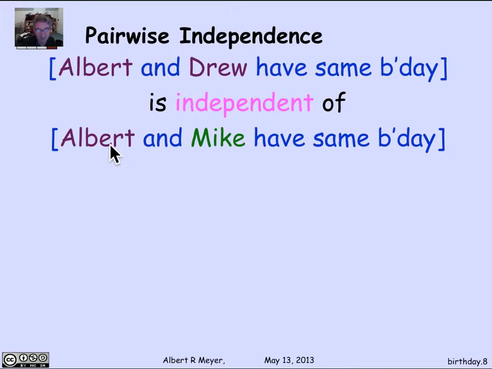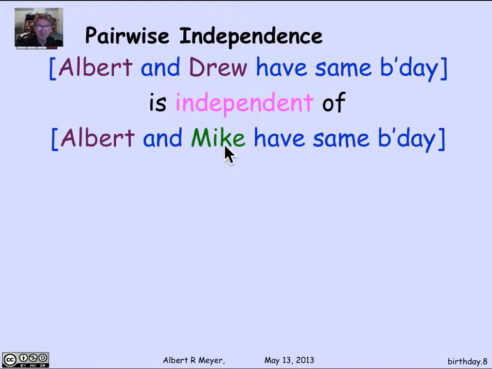You can think about that, and it can be worked out numerically easily enough. So uniformity is going to be a crucial factor here in order to conclude that Albert and Drew and Albert and Mike are mutually independent events. But let's go back and think about it. All we really need is that Mike is uniform in order to conclude that these two events are independent, because we know that Mike and Drew and Albert separately are independent of each other. Their birthdays are chosen independently.